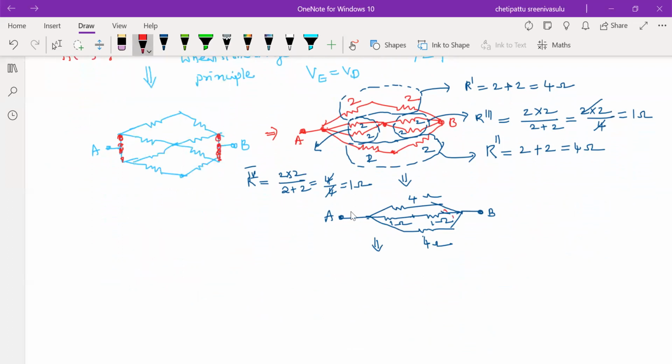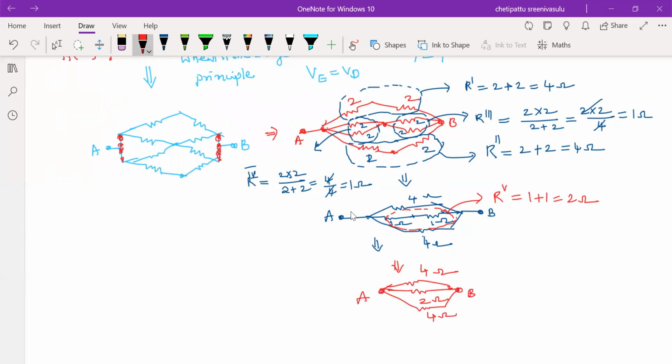Now in this circuit again, these two are series. These two are series. For the series combination, R power 5 you can take. This is 1 plus 1, 2 ohm you can take. Now this circuit will modify as this is 2 ohm. Next, it will be 4 ohm. Now you take this is 4 ohm. It is B, it is A.